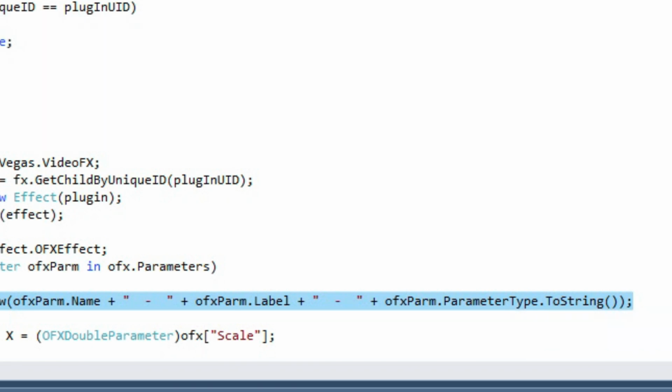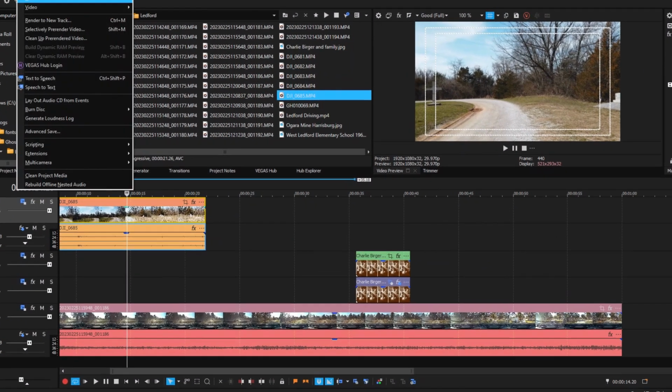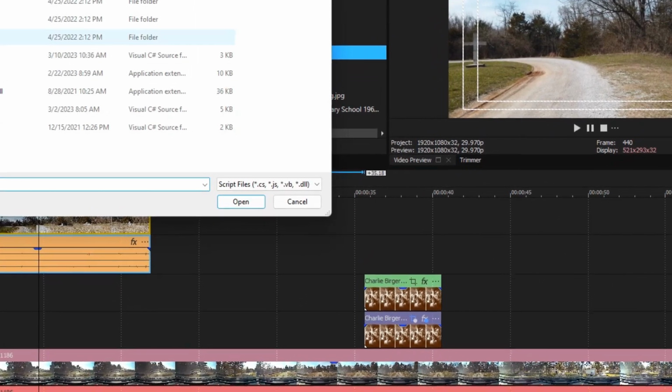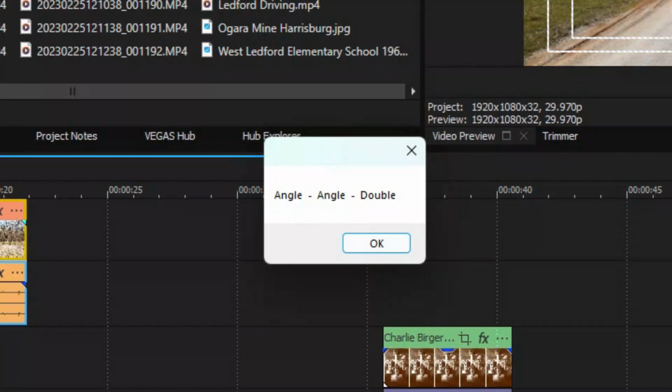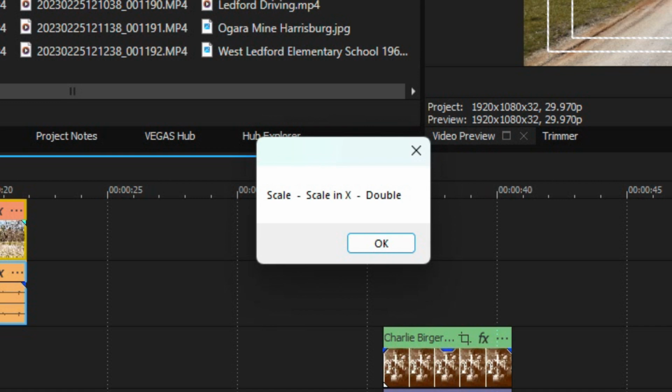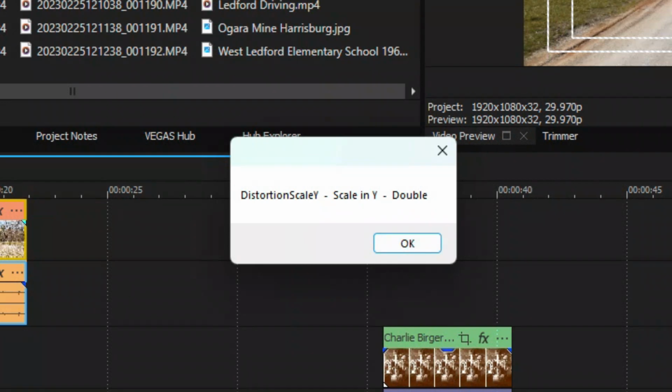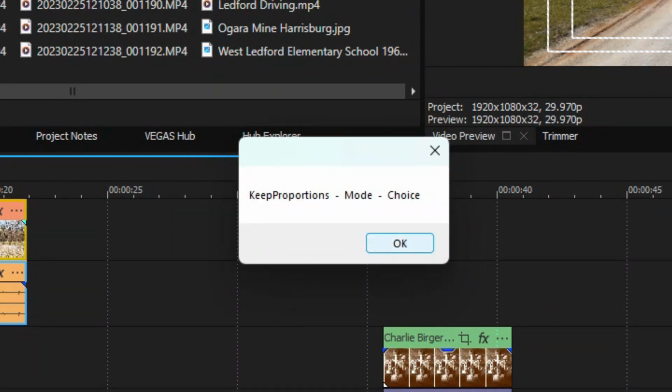And when we run this, we can see, first of all, we have location, which is a double 2D, angle, which is a double, scale, which is labeled as scale in X, which is a double, distortion, scale Y, which is labeled scale in Y, which is a double, key proportions, which is labeled mode, which is a choice,